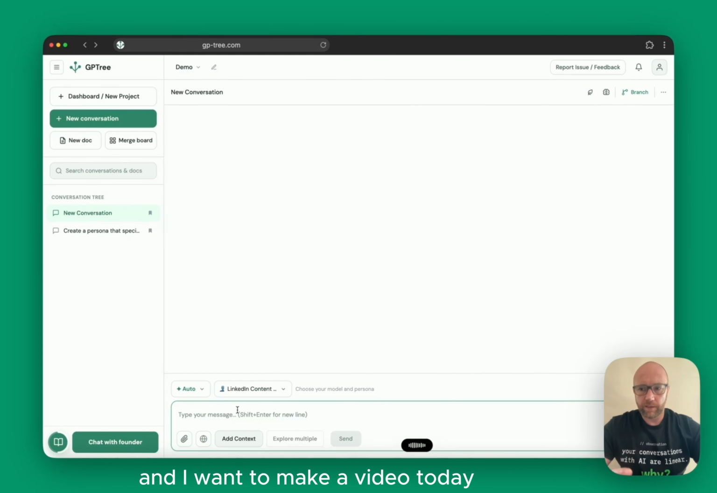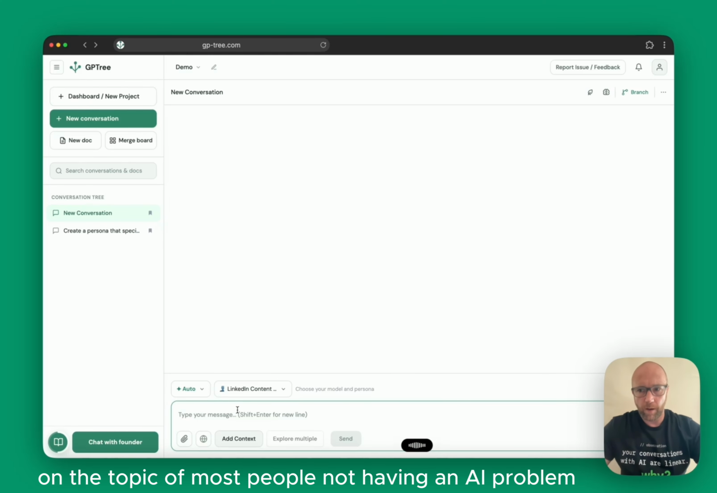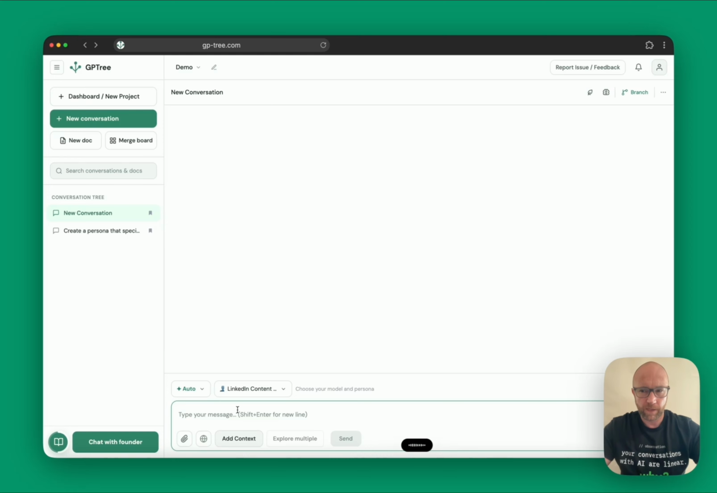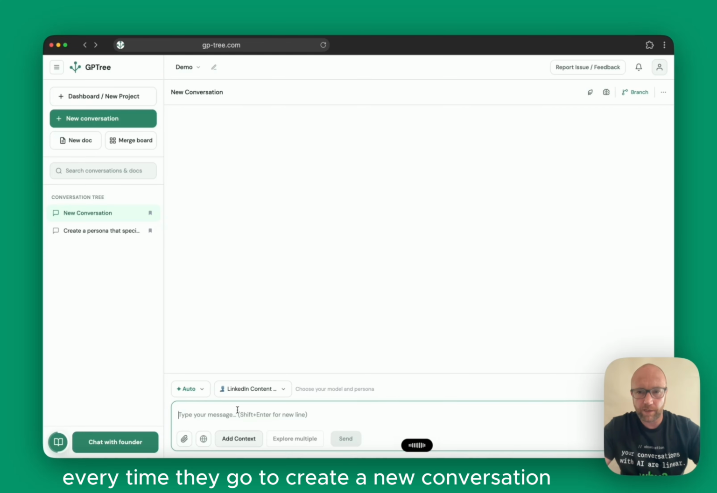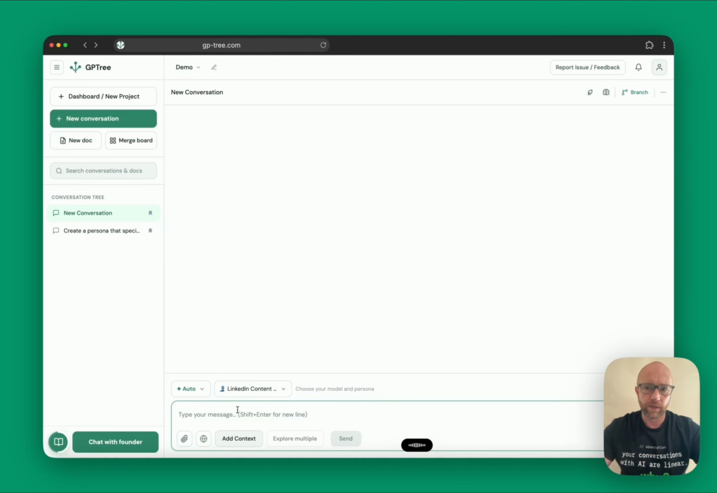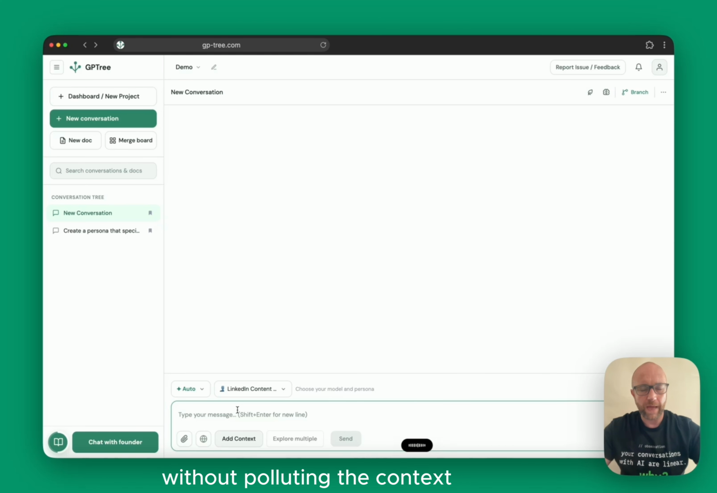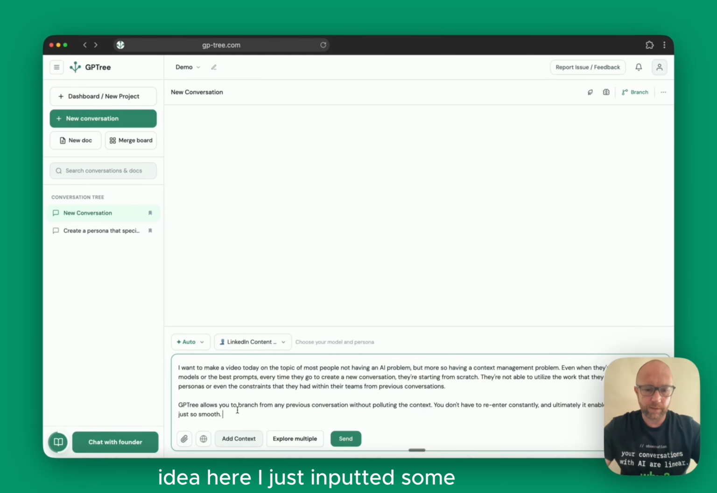And I want to make a video today on the topic of most people not having an AI problem, but more so having a context management problem. Even when they're using the best models or the best prompts, every time they go to create a new conversation, they're starting from scratch. GPTree allows you to branch from any previous conversation without polluting the context. Idea here, I just inputted some